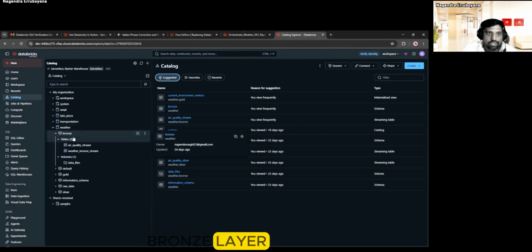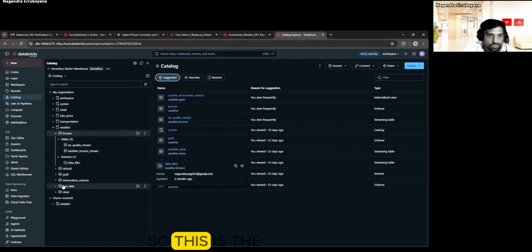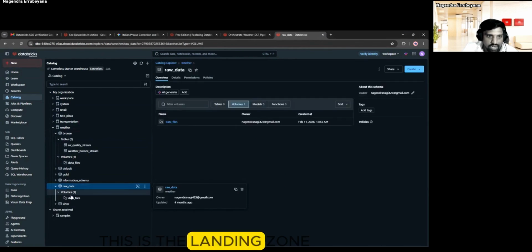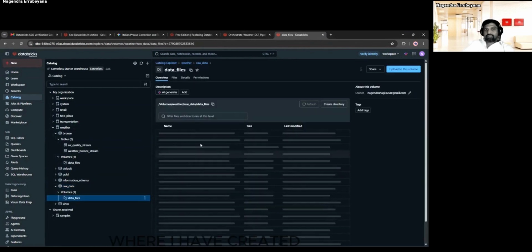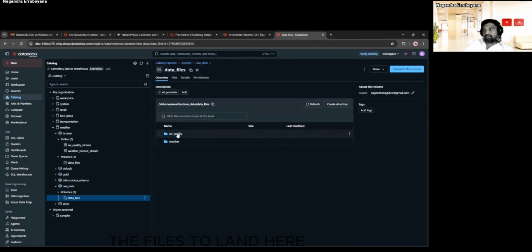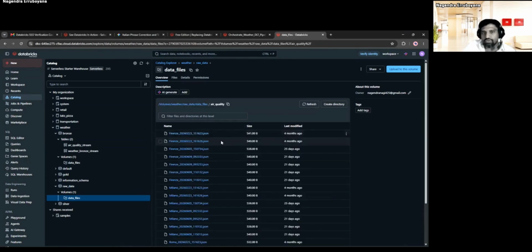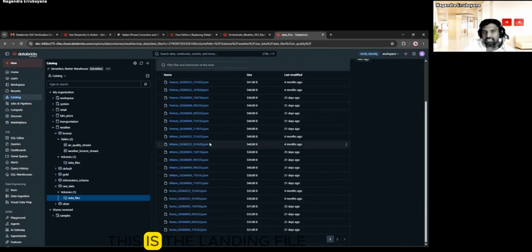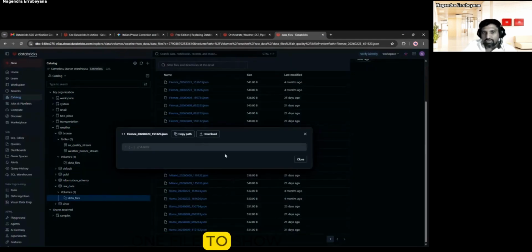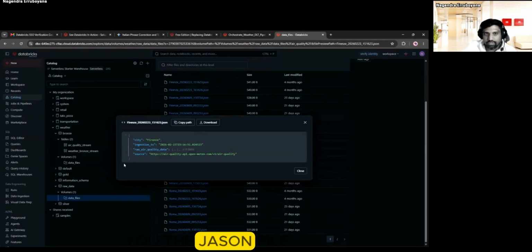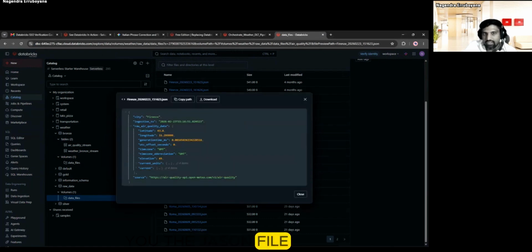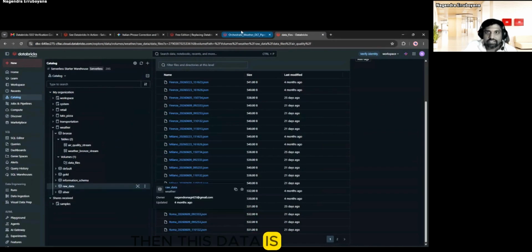In the bronze layer, this is the raw data, the landing zone where I have created the files to land using the API fetcher. This is the landing file. To be clear, I will just open one file to show you the JSON payload.